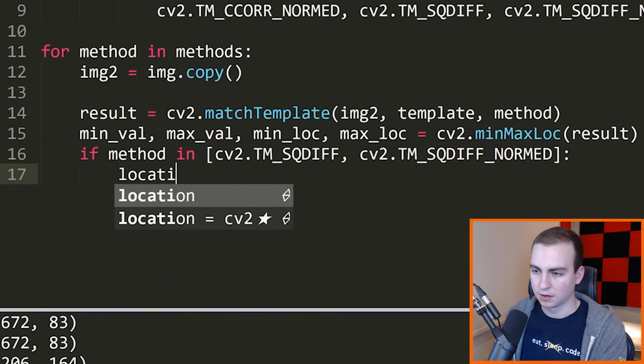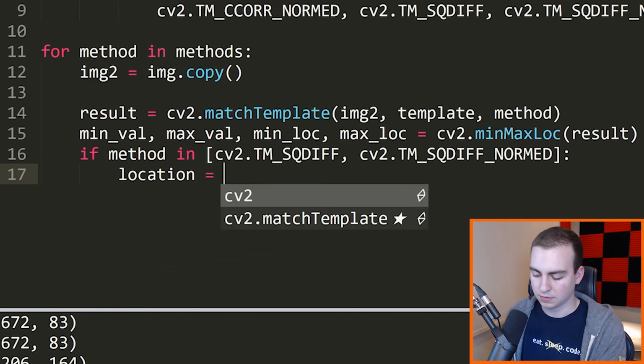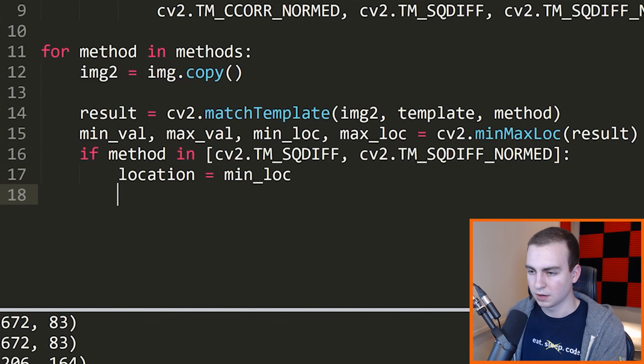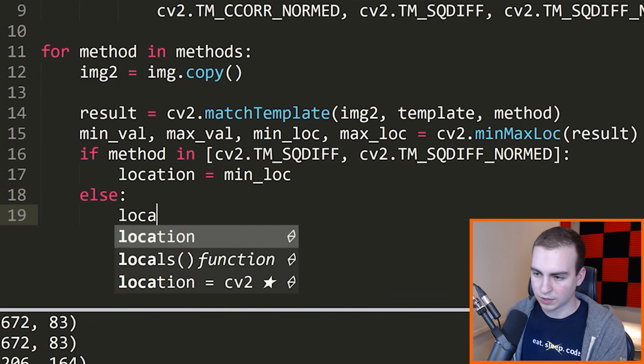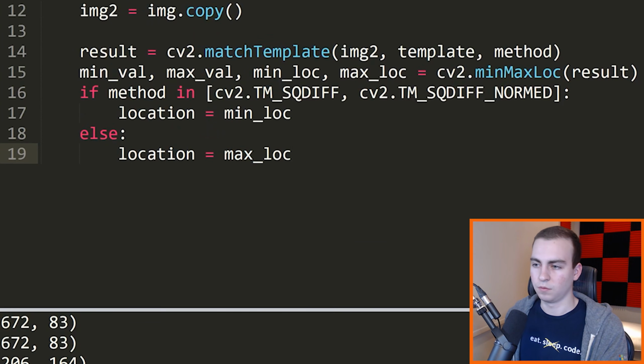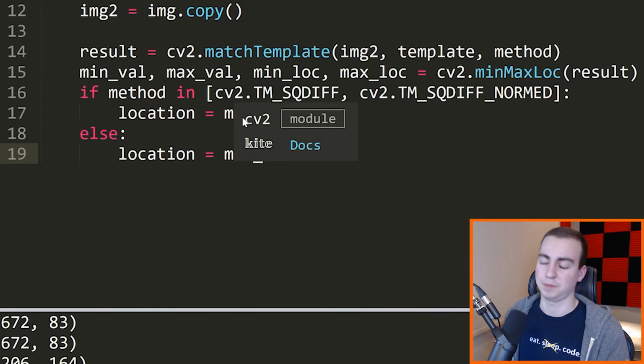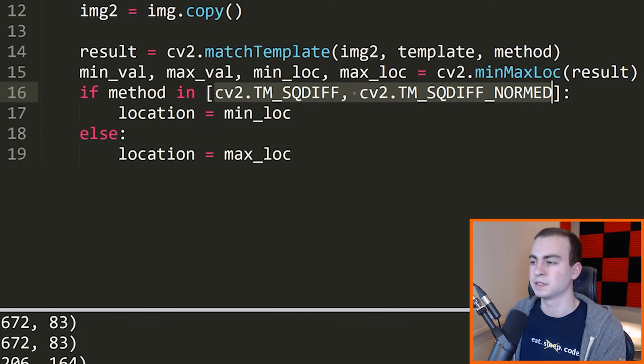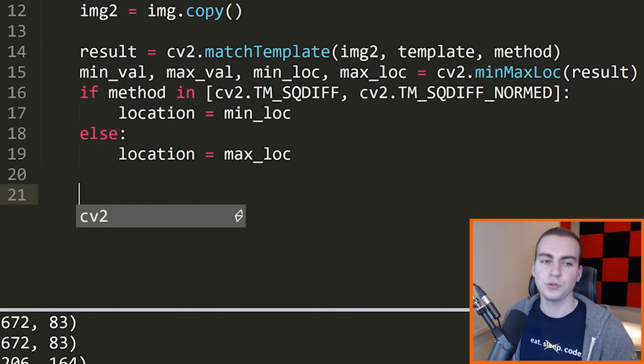So I'm going to say that location is equal to min_loc, and then otherwise location is equal to max_loc. So sometimes the max is the best, sometimes the min is the best. When it's these two methods, the min is the best, otherwise max is the best. And so that's why we're doing this. Now that we have the correct location, what we're going to say is the following: